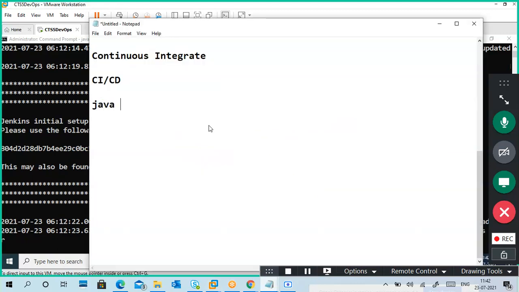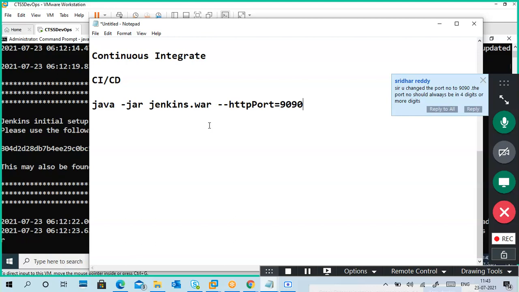Sir, just asking how this directory thing works. You installed it in E drive, no? I didn't install in E drive. I copied my Jenkins folder into the E drive folder. Why did you copy it in E? I don't want to put it in the C drive.